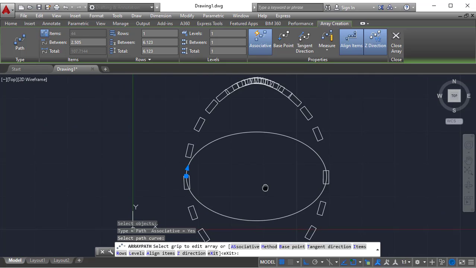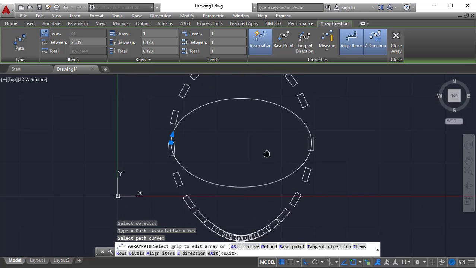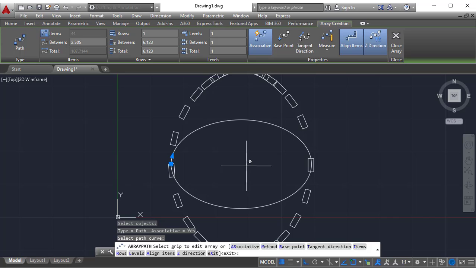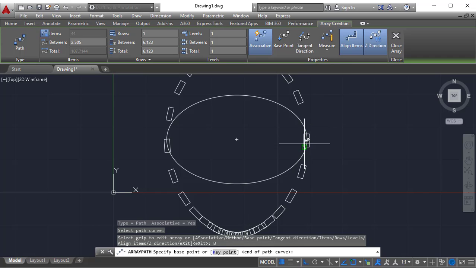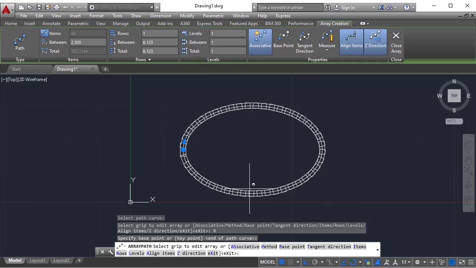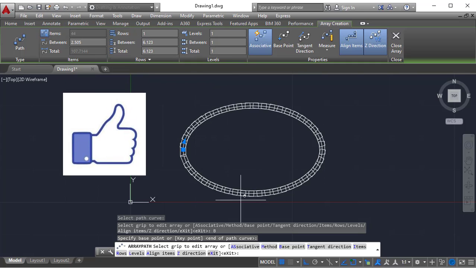This is the problem we will get, especially in a path array. Luckily you got it. If you specify this path curve, it is showing the elliptical form but it is altered, which means the base point has changed to some other location. This is the base point. So all you need to do is identify where the base point should be. So click on base point. This is the source part. Click on the center of the source part. Right away it is adjusted to the path. So this is the problem we will get and we can easily cover that.